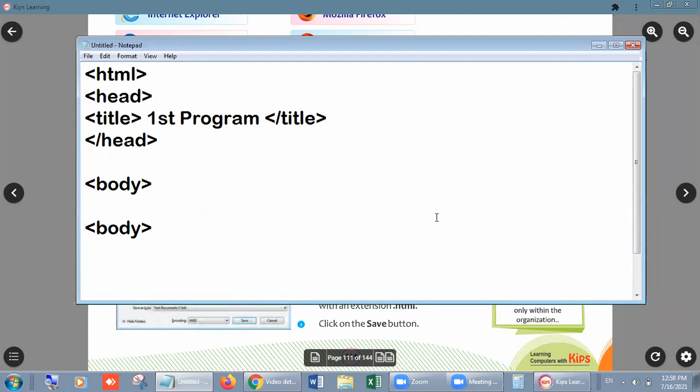For closing, we have to use a forward slash in front of it. Okay, so students, this format is required in every HTML program. These are compulsory commands. You can take a screenshot of it, or these commands are also written in your book. You can write them down from there also.